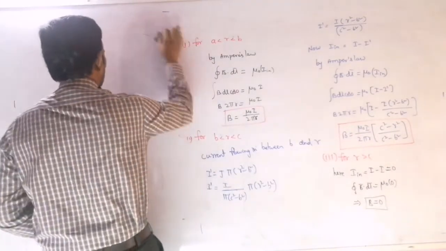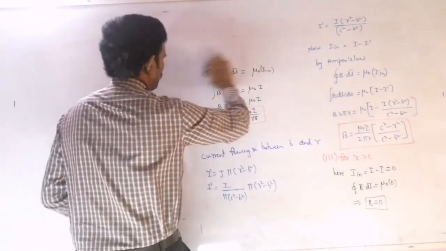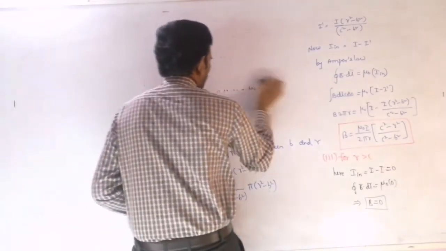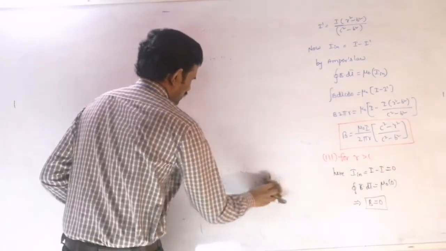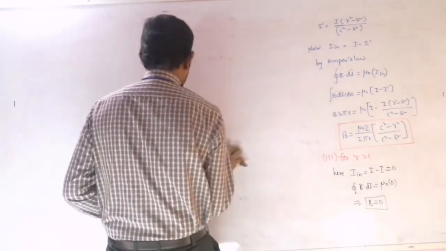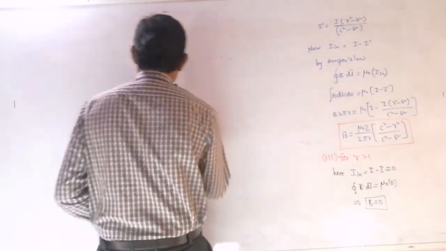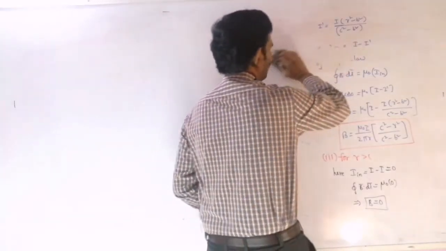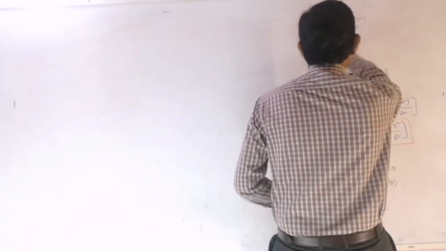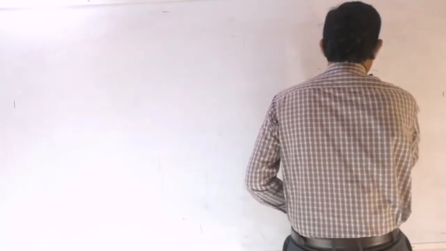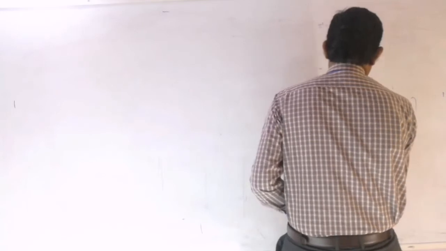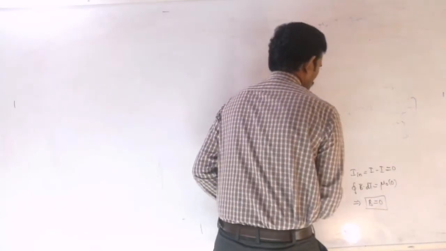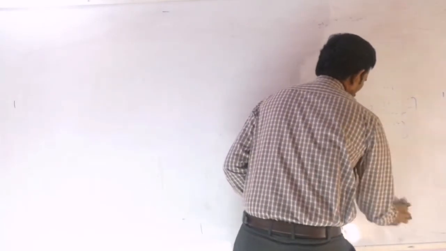And next, the magnetic field due to an infinite plane of conductors. Until now we have been discussing the magnetic field due to cylindrical conductors only, right? But sometimes current may flow through infinite planes. If you are taking a thick metal plate, then current may flow through the thick metal plate. So now let us see the derivations.